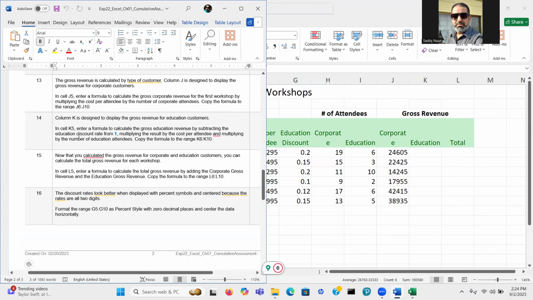Next, the next one now is for column K. It's designed to display the gross revenue for the education customers. So in cell K5, enter the formula to calculate the gross education revenue by subtracting the education discount rate from 1 and then multiplying the result by the cost per attendee and by the number of education attendees. And then we have to copy those. So let's go here